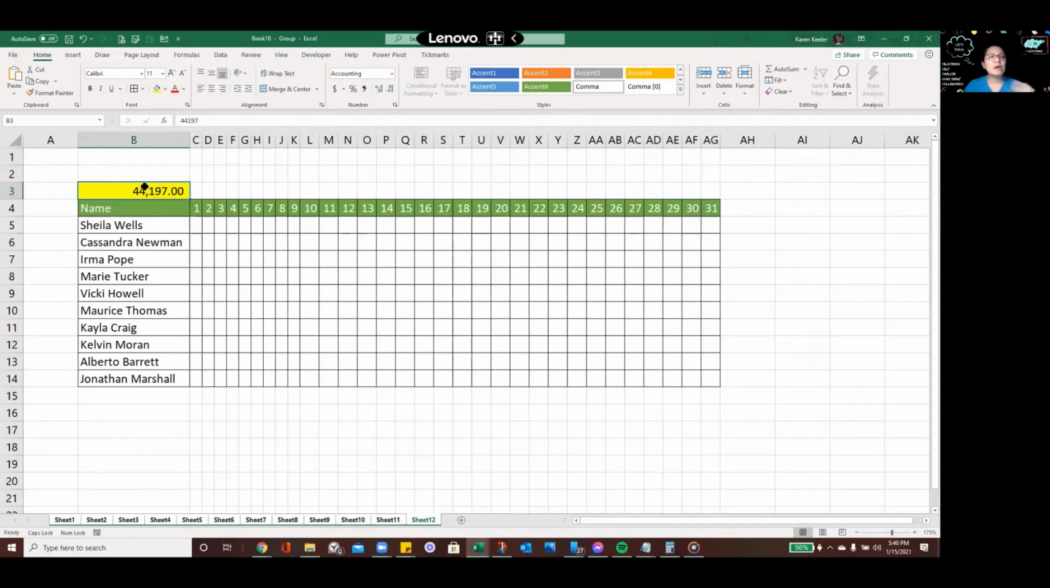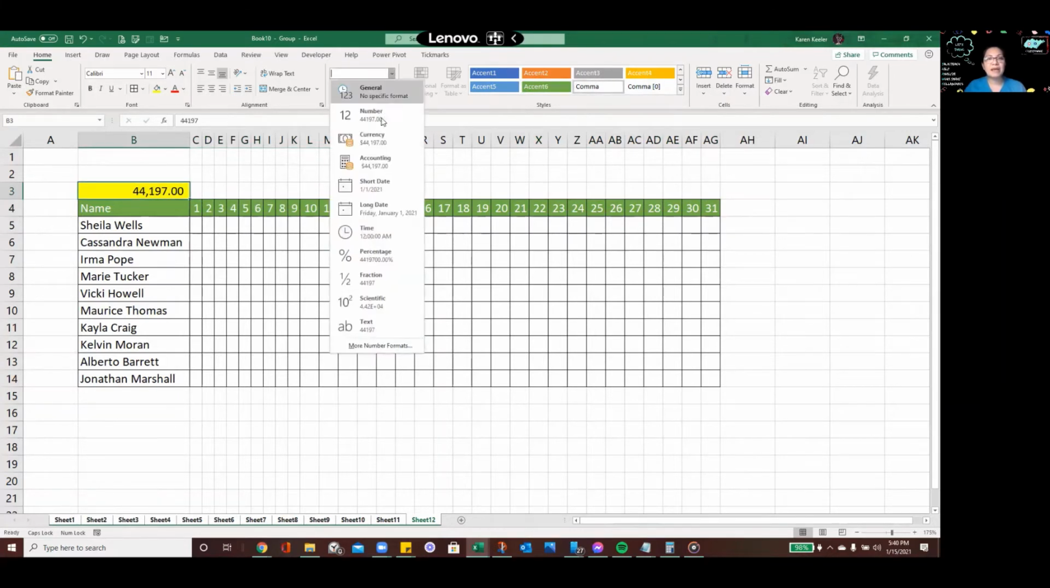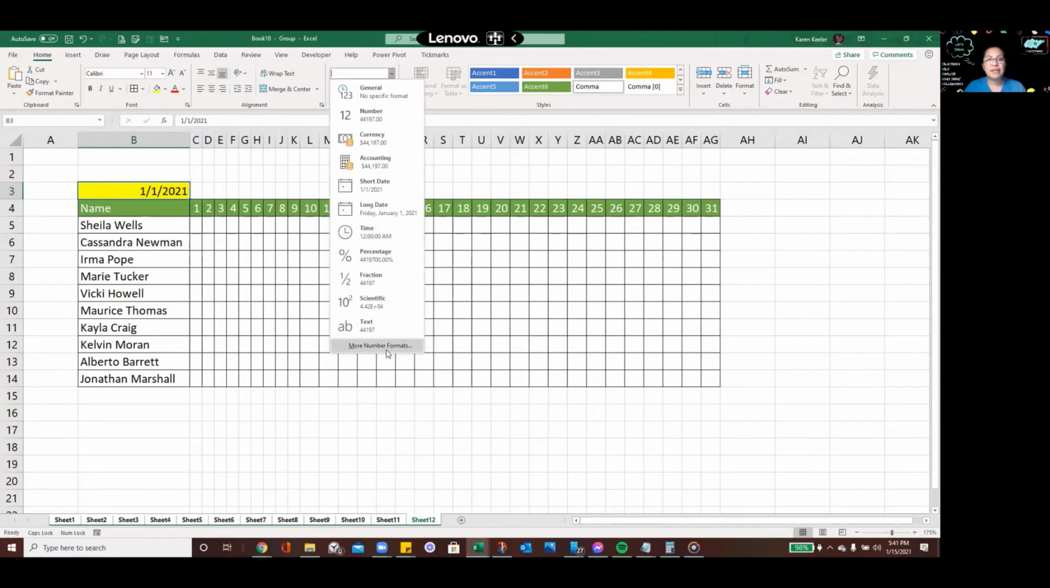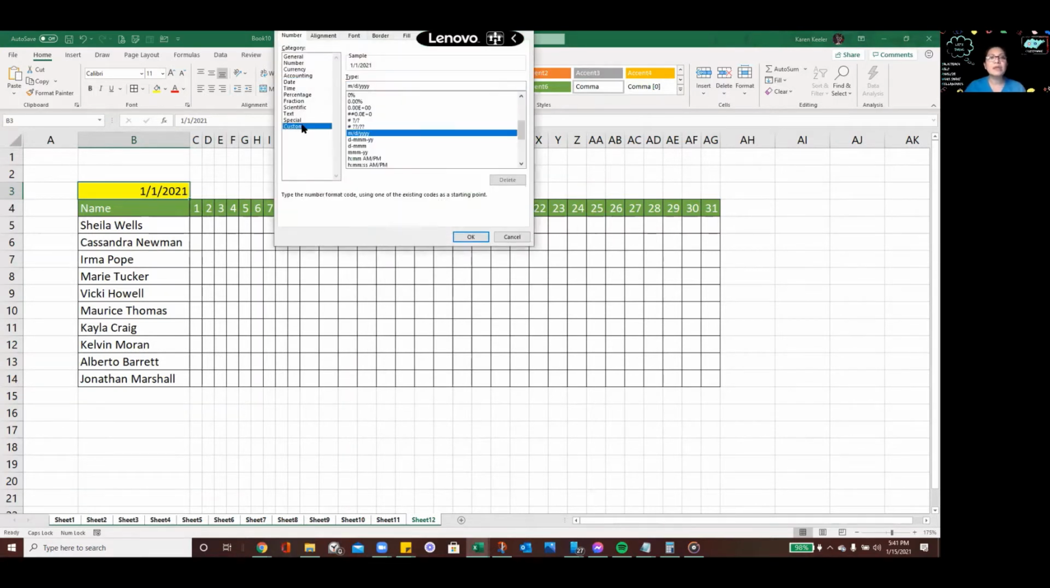Now, this is something that we need because we need to be able to use this as reference later on when we try to determine how many days there are in a month. So in this case, if I bring this back to the date format, it will give us January 1. Now, for me to be able to bring out January, as in spelled out as January, I just need to go again to my number format and then go to custom. Now, in the custom field,